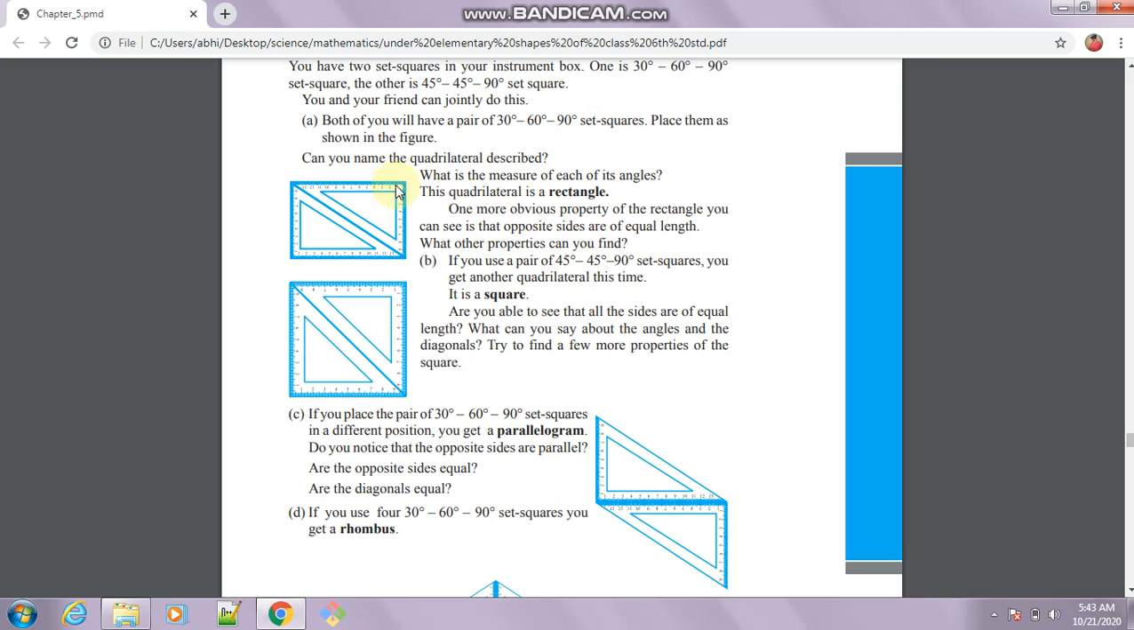Okay, first observe the figure. See here, this is a rectangle. Opposite sides will have the same length. Here, how many sides do you have? Four. What is the shape of this? This is a square. All the lines will remain as